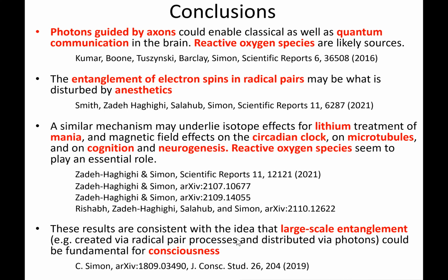And then what I'm really now interested in too is if one can connect these. You can see that I mentioned ROS here in the context of the biophotons, and ROS seem to be important in the context of the radical pairs. I'm a quantum network person, so I'm looking for an interface between the photons and the spins. And it seems to me like ROS could be such an interface. If you talk about localization in the cell, certainly mitochondria could be a candidate system, because there's evidence that that's where the biophotons come from, and there's evidence that they are important in this radical pair context. So if you give me that, if there are nodes where photons and spins can talk to each other, then I could imagine